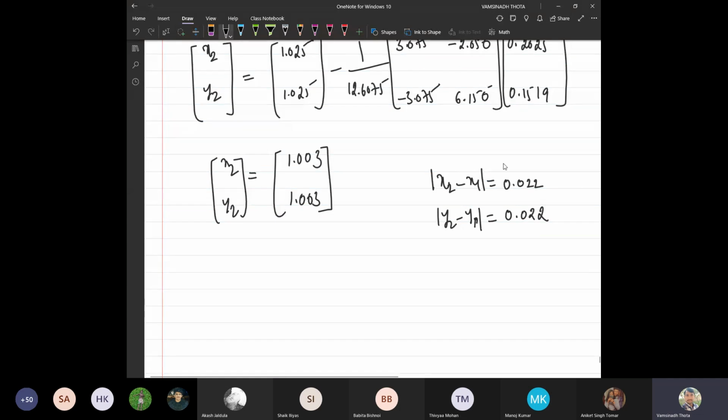Okay, so this is the error after the second iteration. Suppose the error tolerance is 10 to the power minus 1; obviously it is less than 0.1, so we can stop. But if the error tolerance is given to be 10 to the power minus 2, it is not sufficient, and we need to proceed further. Maybe one more iteration might be required. So depending on the error tolerance, you need to stop the iteration algorithm.